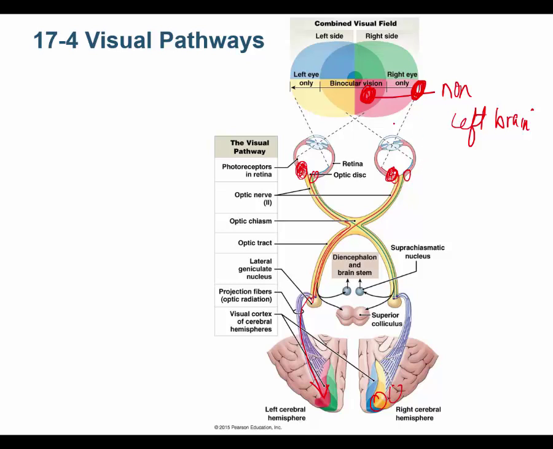So the left brain is receiving this red neuron, which came from the lateral part of the image, and this, in the left eye, this left neuron, which is receiving the medial part of the image over here. So my left brain is receiving all of this, is it not? And my right brain is receiving all of this, is it not? So what I can say my left brain is receiving is this red and green. I'm sorry, red and green. I do know my colors. And what my right brain is receiving is this yellow and blue. Yellow and blue. And you can see this because of the crossing over. All right, that's the visual pathways. All right. And then